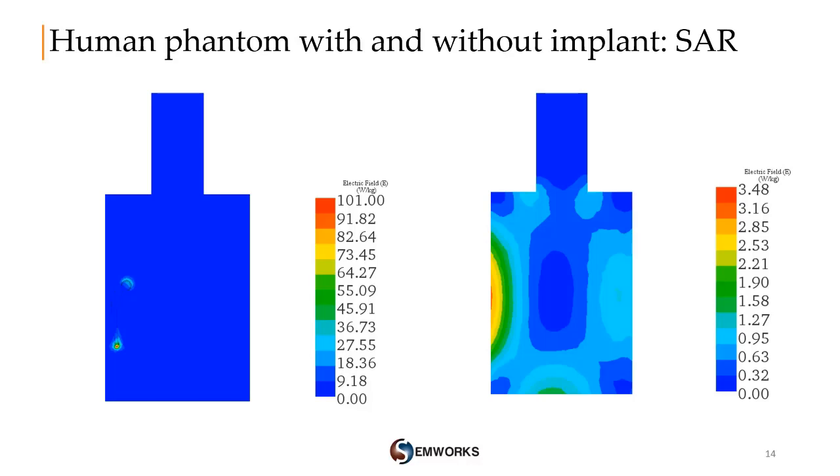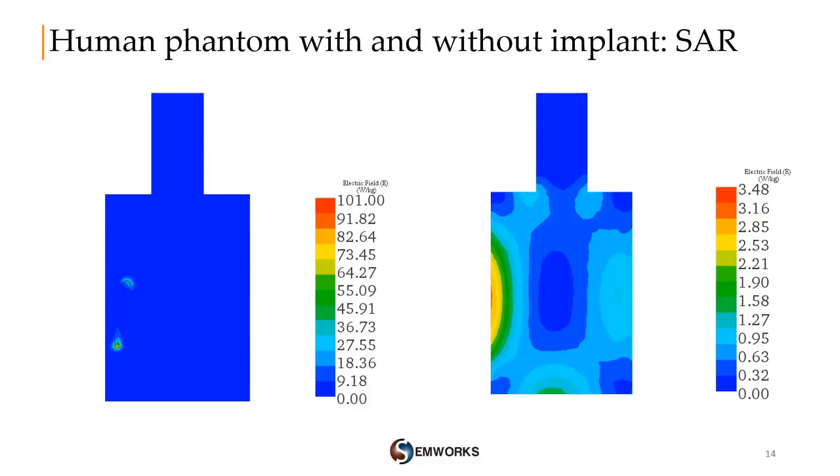The obtained local SAR distribution exceeds the limits defined by ASTM norms. We have 3.48 watts per kilogram for the human phantom without the implant and around 100 watts per kilogram for the human phantom with the implant, which is a very big difference,